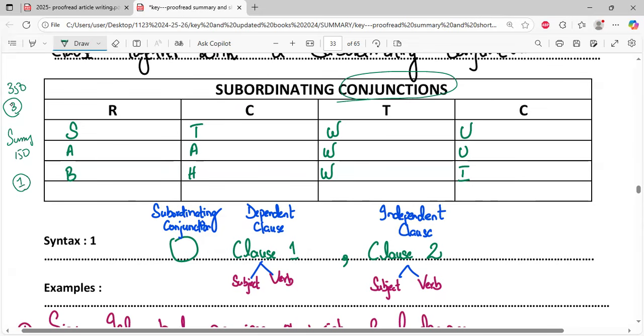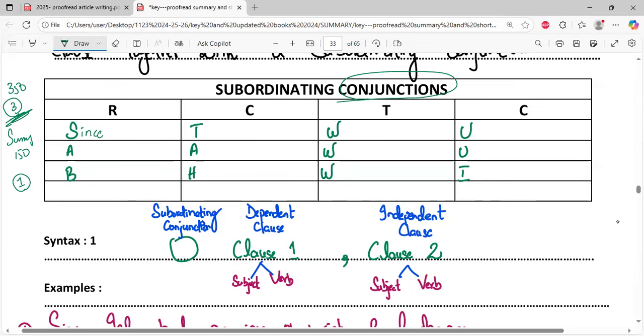So I was saying, if you look up at the internet, there is a never ending, never exhausting list of conjunctions. But since we just need three, there is no point of doing all of those 150 words. So this is the list of actually 12, those 12 subordinating clause with which you can easily make up your ideas. For an instance, if I tell you this S is for